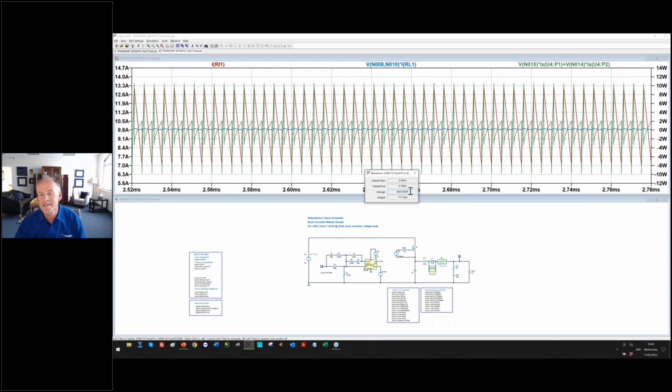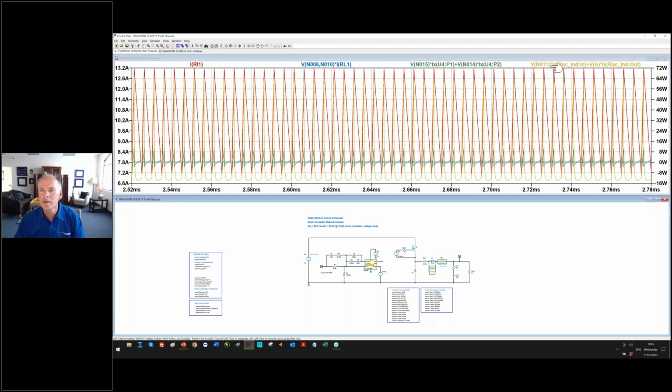Okay, this is so nice to be able to get this core loss without going to a core loss chart. I mean, how archaic is it that we have to run a simulation, figure out the delta B, figure out the frequency, go to a core loss chart, look it up, find out the rules to get this. This is what we want to do. We want to run the simulation, look at the core loss. Done, easy.